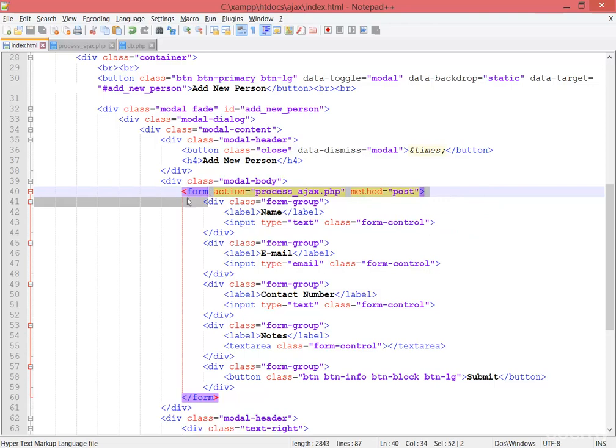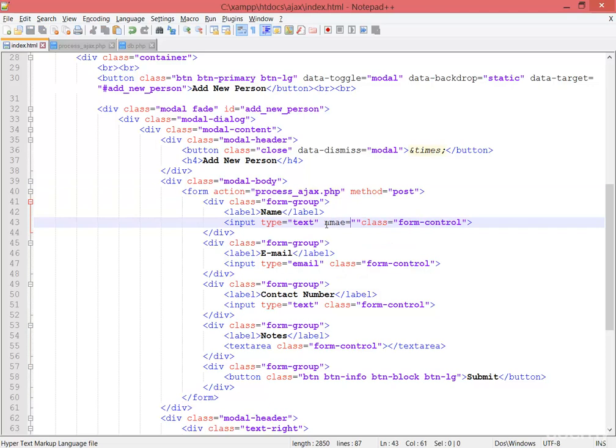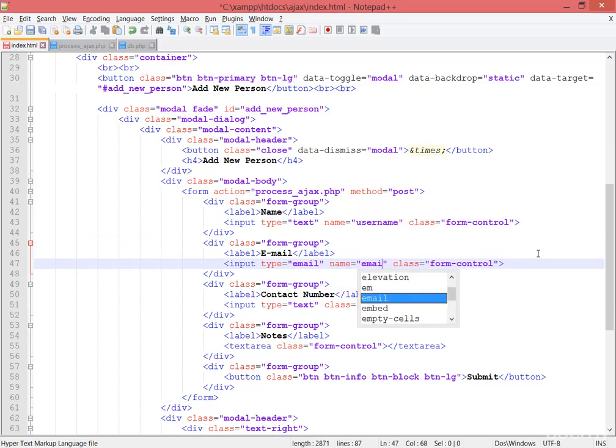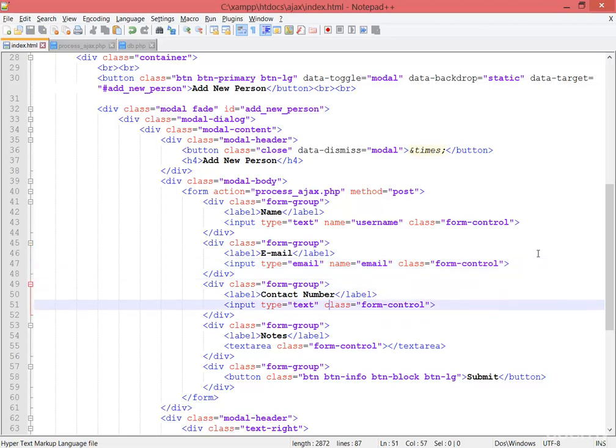Then what we need to do is create some names for these input values. Here I'm typing for the first one name, simple. For the second one, I can type username, a more convenient name, without any space. Because I want to get this data in PHP, the second name is email. The basic method is simple. I'm going to teach you how it works. The third one,